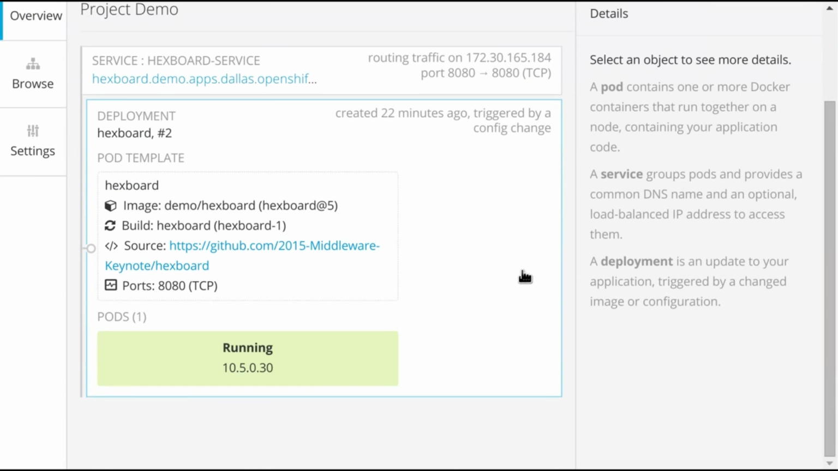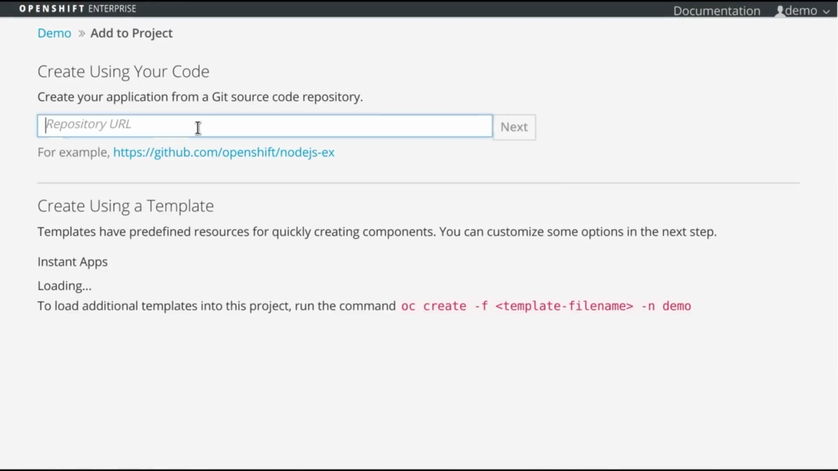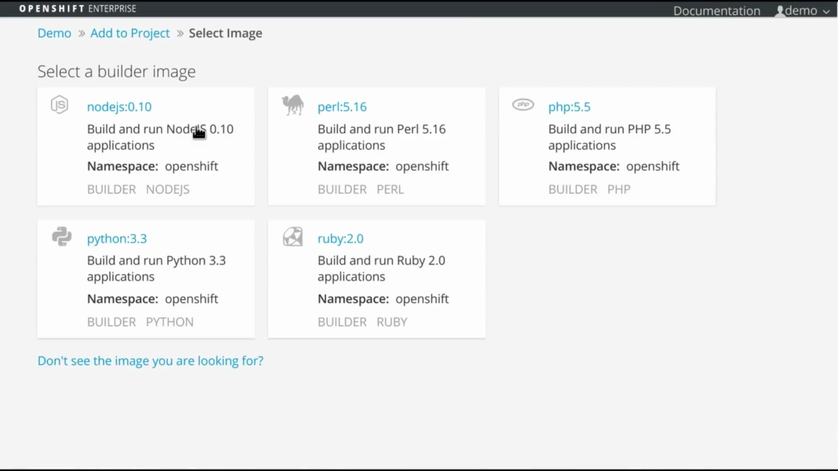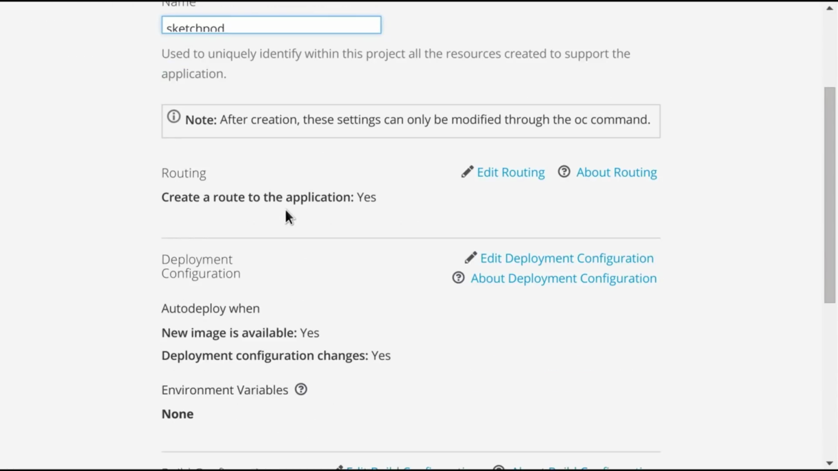And now we're going to walk through running the Hexboard demo that we used at the Red Hat Summit. It's a great illustration of how to grab code directly from a GitHub repo. We already have one application running in the background, and now we're going to launch a separate one, Sketchpod, which